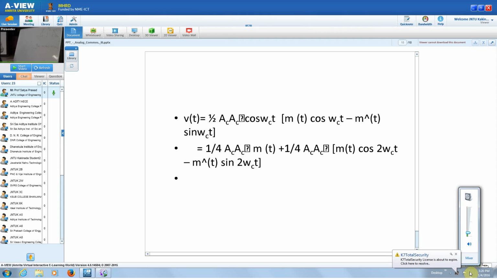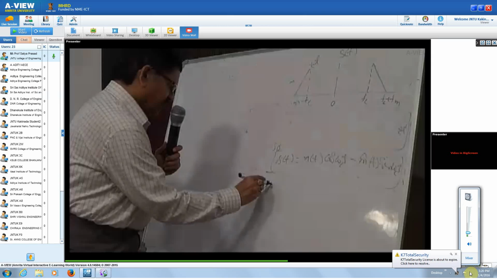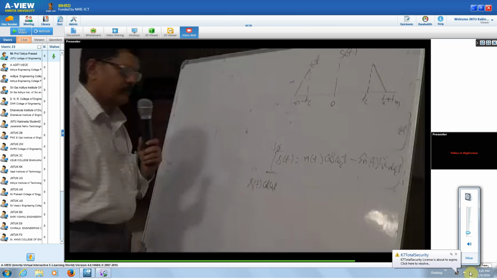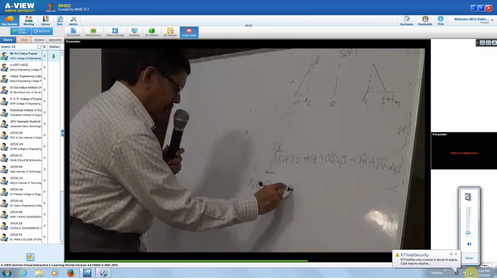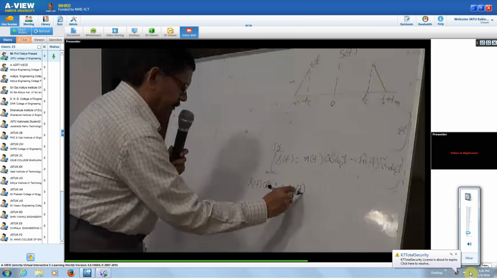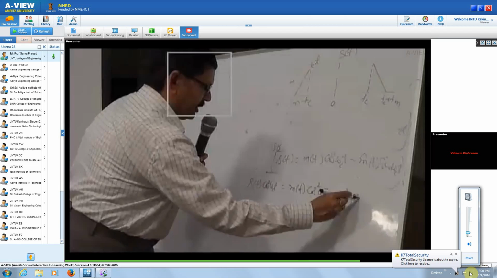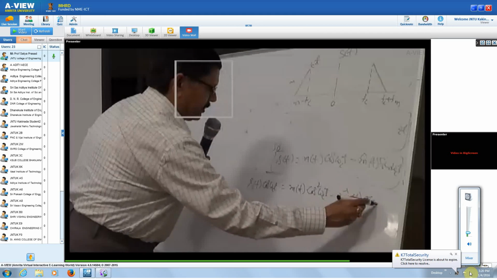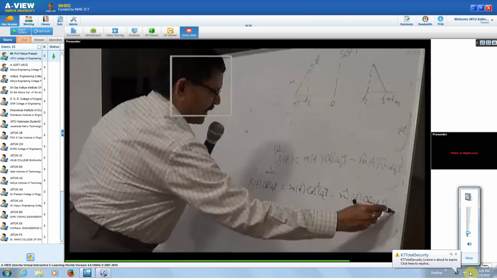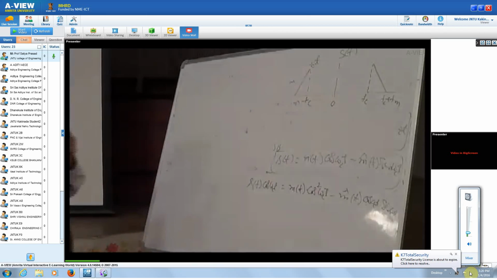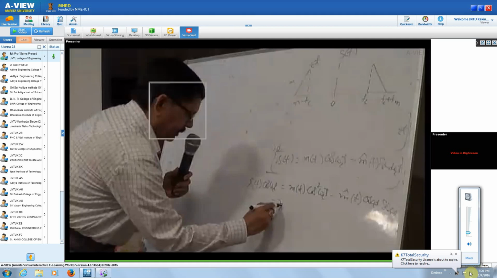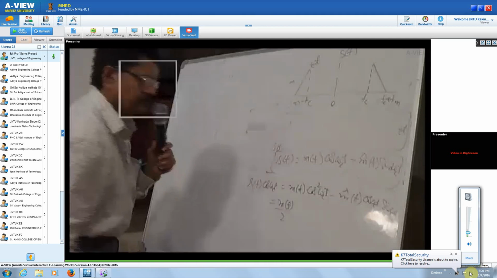What are we doing in the product modulation? S of t into cos omega ct. That means this is m of t cos omega ct into cos omega ct minus m hat of t sin omega ct into cos omega ct. Therefore, this will be equal to m of t by 2